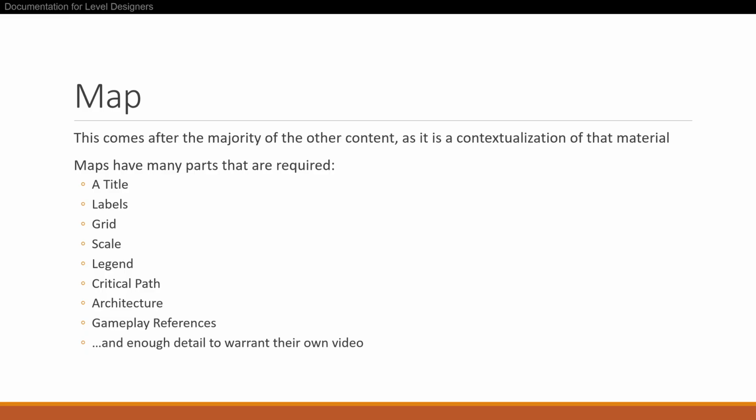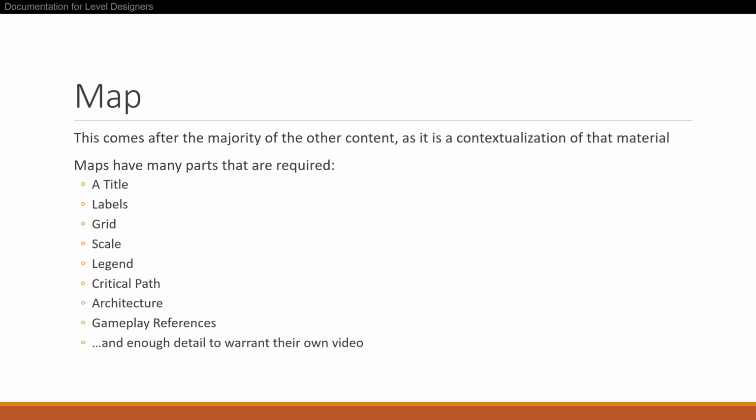If you look at the map without the rest of the details, you might be able to infer some relevant context, but not maybe build the level as intended. And if you read the rest of the content without the map, then maybe you could build a level that does the right kind of things, but not at the scale or proportion or orientation that the original designer had intended. So the map will include a couple components, the title for the level, the labels for the spaces,